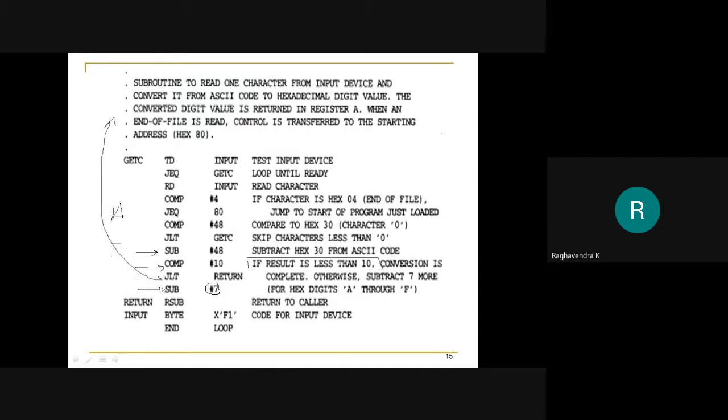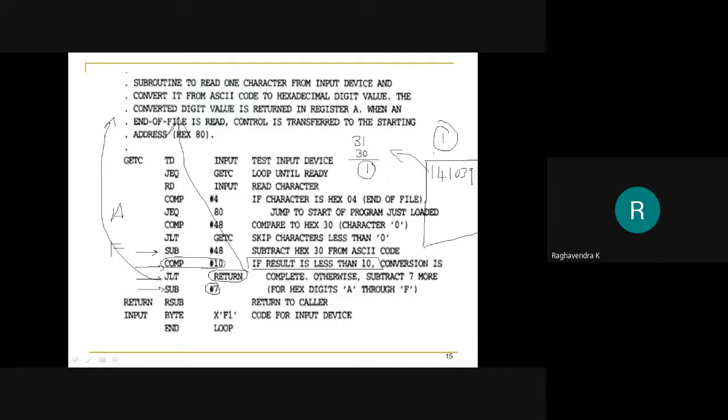Which means one character from the device has been read. For example, if it was 141039, let us assume, when I read 1 from the device, it is nothing but hexadecimal 31. So we will subtract 30 from it and I will get 1. Since it is less than 10 when I compare it with 10, I will return that value to the main subroutine, from wherever it was called.